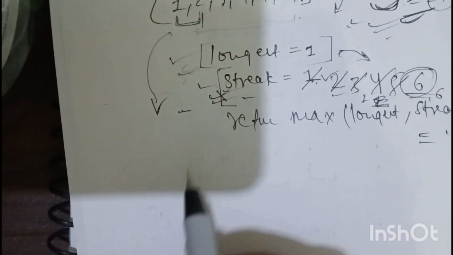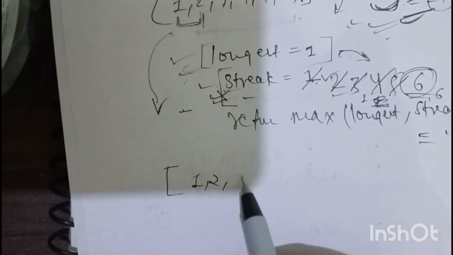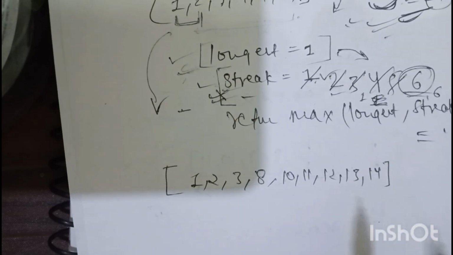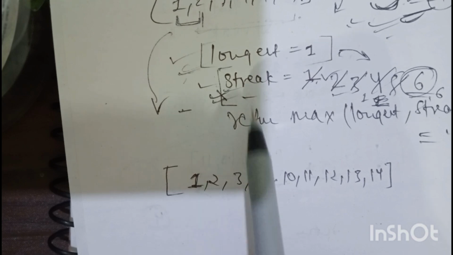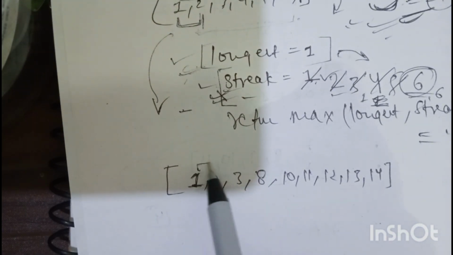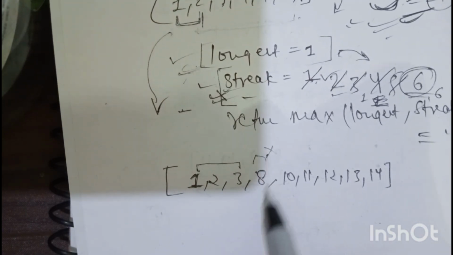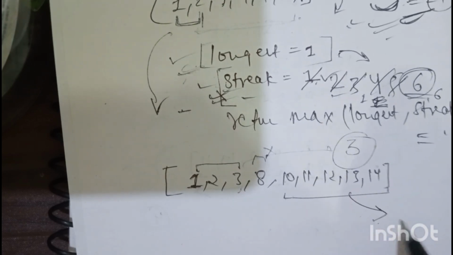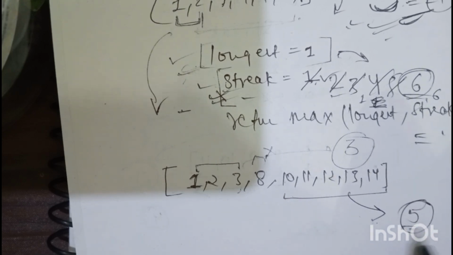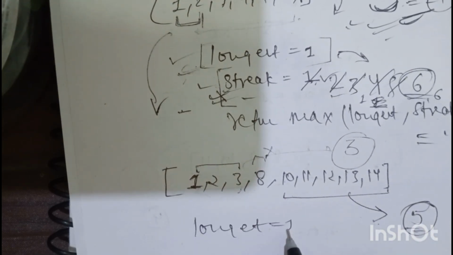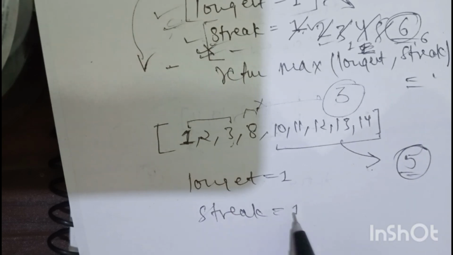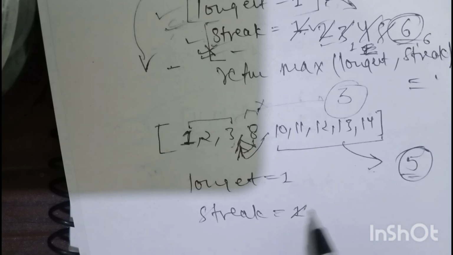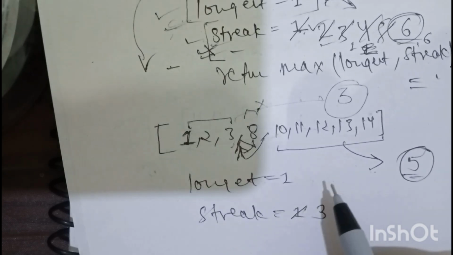What if your sorted array becomes like this after sorting? Now, if you take only one variable, longest, and keep counting, the condition will break here and you would easily say that the answer is 3. But you can see that the answer is not 3, it is 5. So on taking longest and streak, this will count when your condition breaks. This streak would be 3 and your longest will be 1, and you update your longest